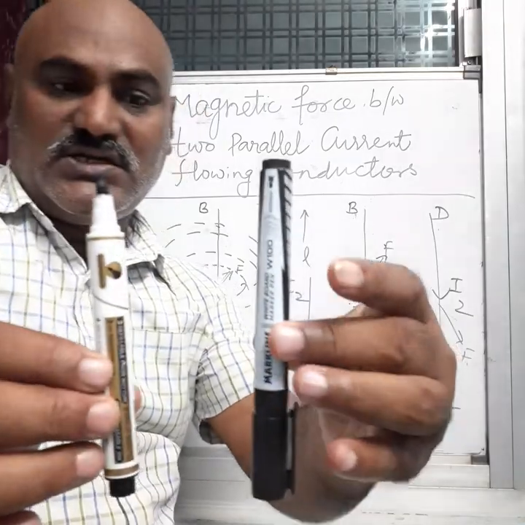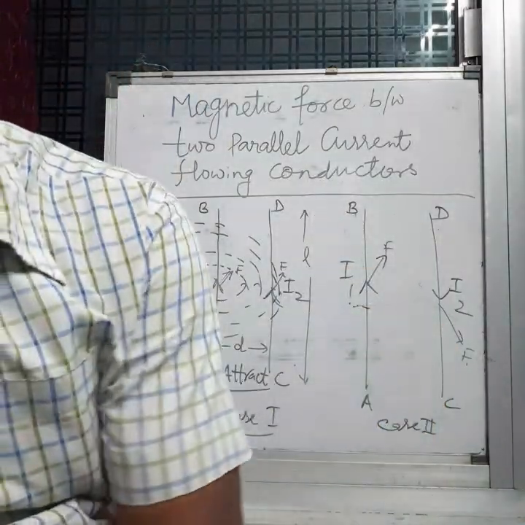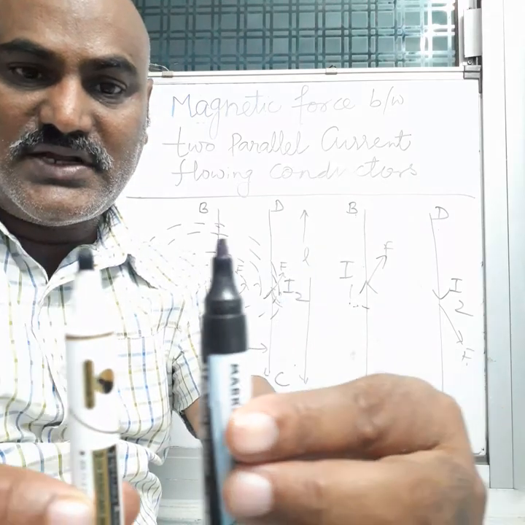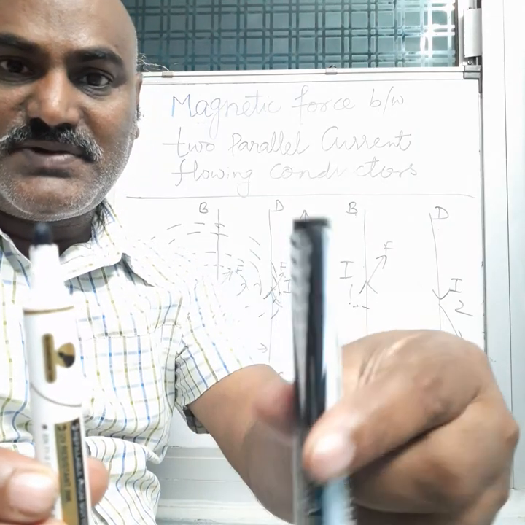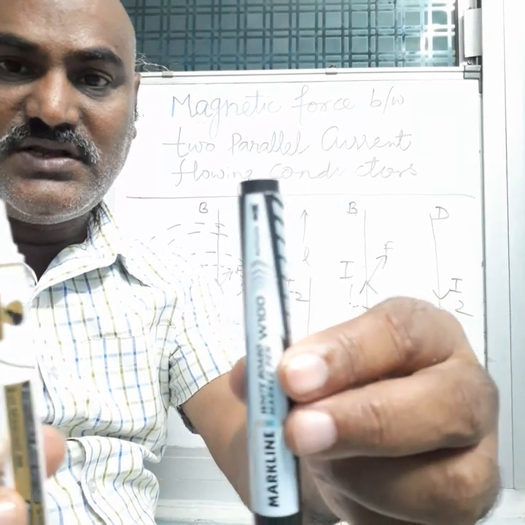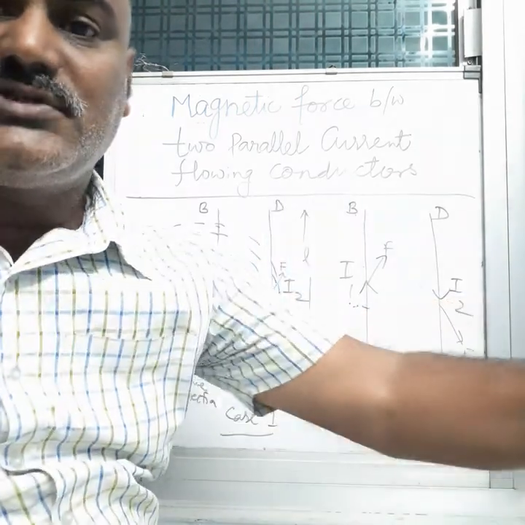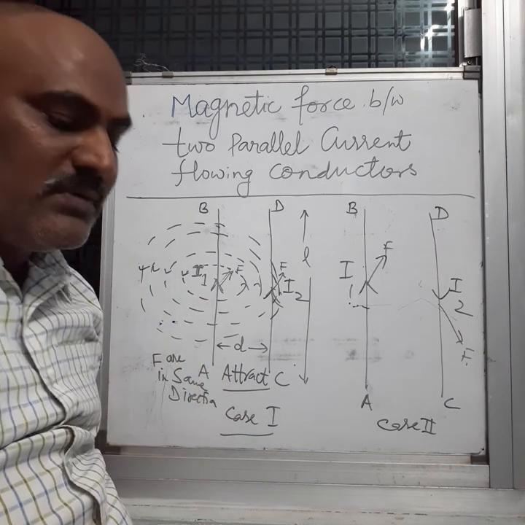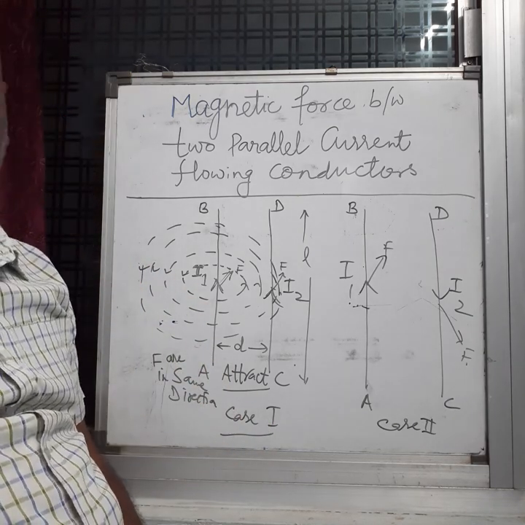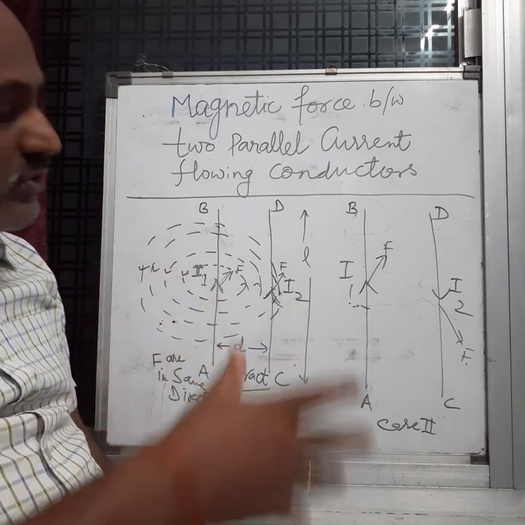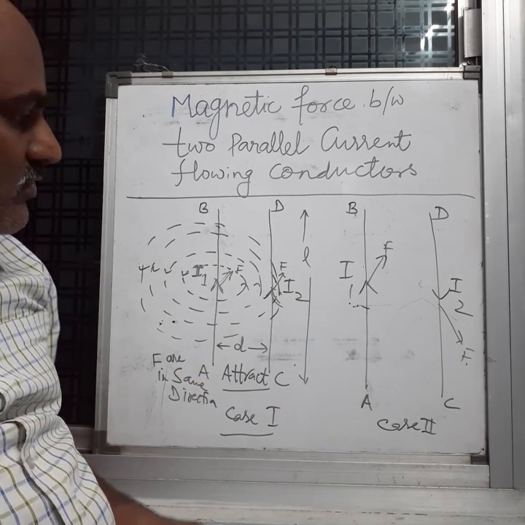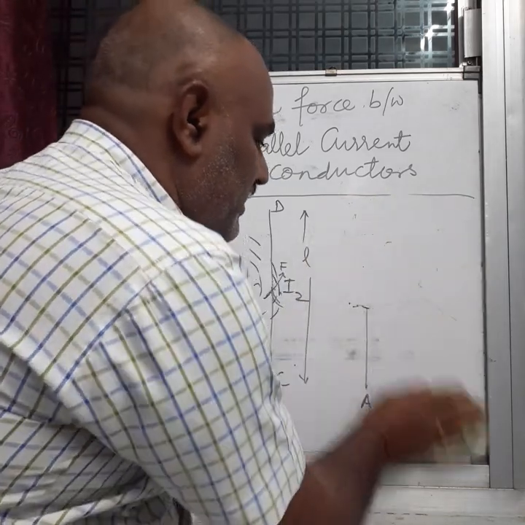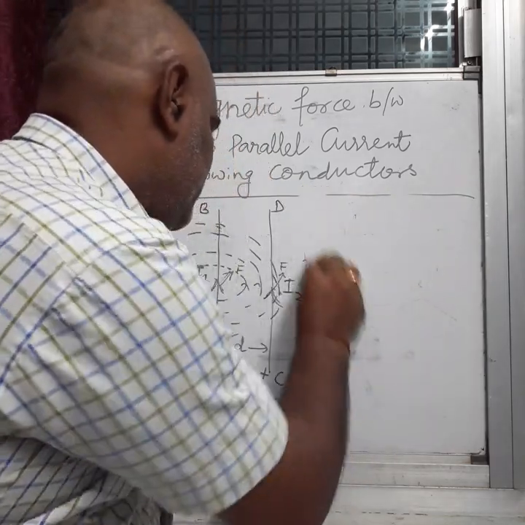When they are acting opposite to each other, see, with current direction the same, they will attract each other. If the direction of current is different, they will repel each other. Why? Because the forces are acting opposite to each other. So this concept you read in the book, it is given in your book, very clear. But now there is a need for the formula, so we will derive the formula.